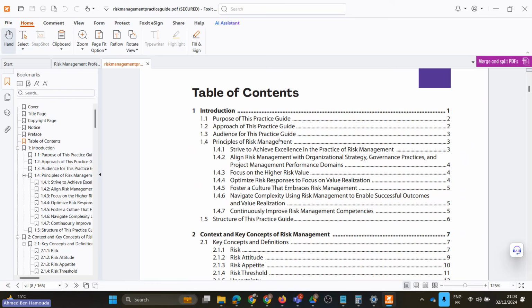Now here we have the principles of risk management. Striving to achieve excellence in the practice of risk management. Well, yeah, it's exactly striving to achieve excellence. I don't know if you can ever achieve excellence, but we're striving for that. Aligning risk management, which is quite important, with the organizational strategy, the governance practices, and the project management performance domains. Now, for the project management performance domains, you need to refer back to the PMBOK guide, version 7, the 8 performance domains of project management, which are